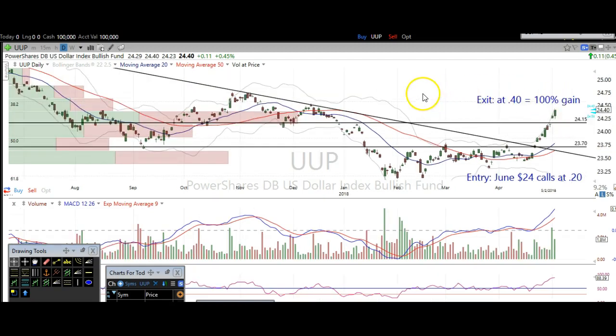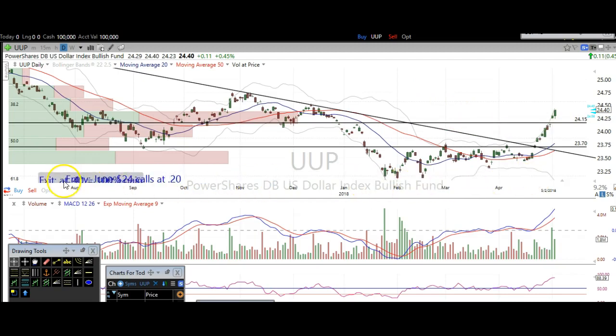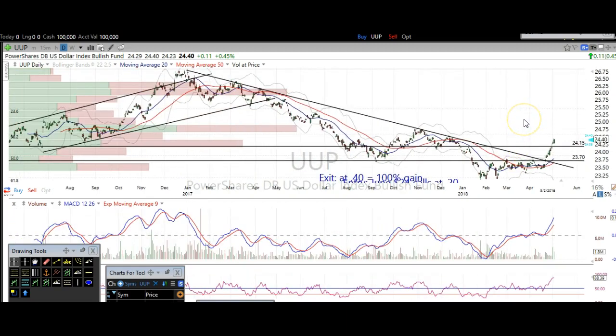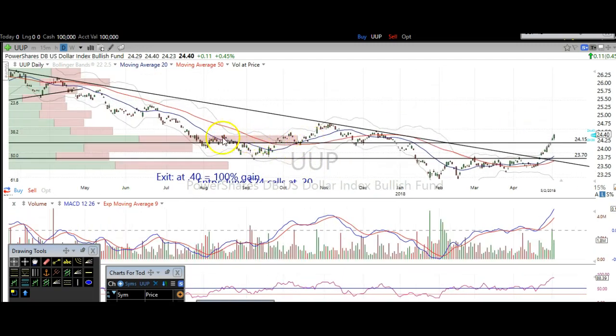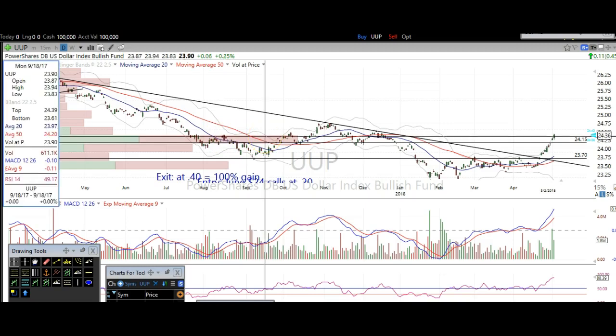As far as the analysis here for the dollar, I'm going to get this out of the way so it doesn't get in the way of our analysis, because we don't care about that anymore. This is still a really nice breakout here, but we're coming into a pretty big resistance. You can see over here, this is the volume point of control for the last year now, over a year, okay? And what does that mean? This is where the most volume has been traded. All right, that's where the most volume has been traded on the dollar, and we're coming right up to it right there. Right now is right where that level is, and that's why we sold our position, is because of